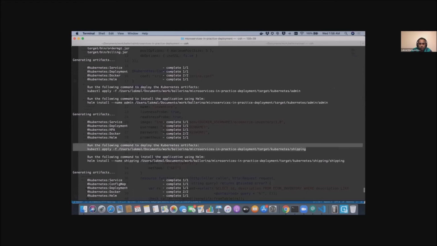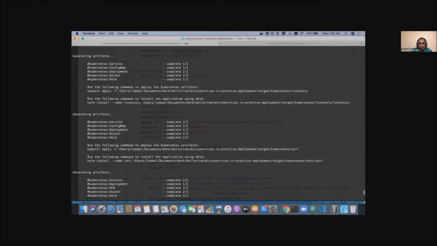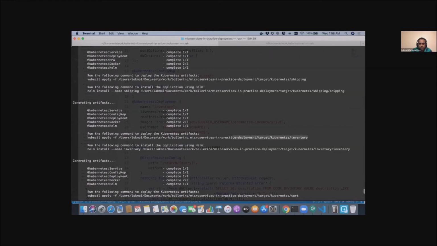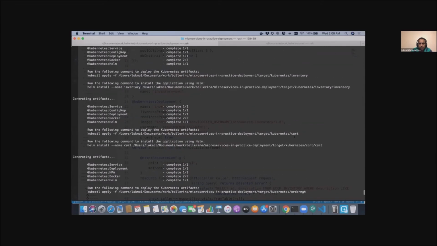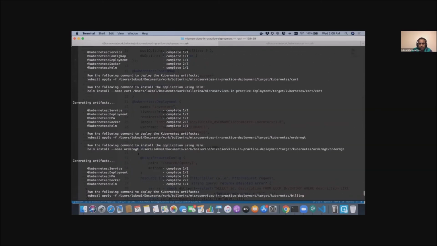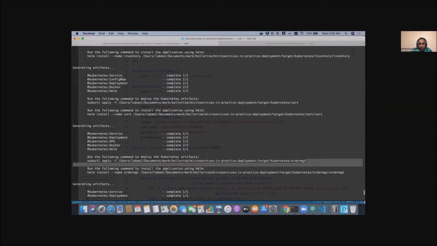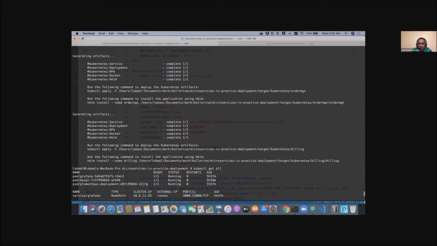I can deploy the shipping service, and I can deploy the inventory service. And I can deploy the cart service, and order management. Finally, the billing service.